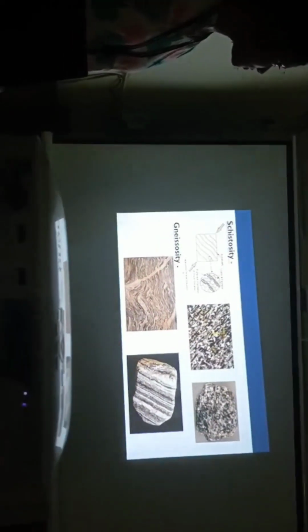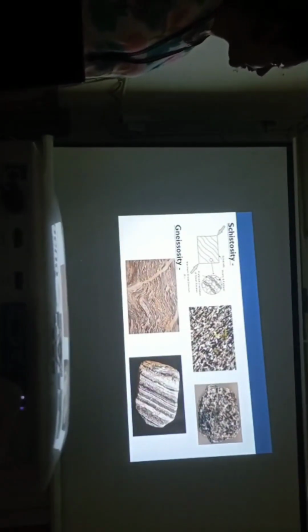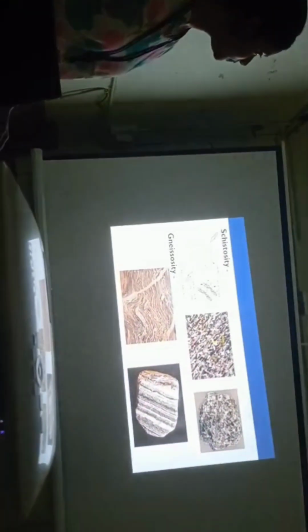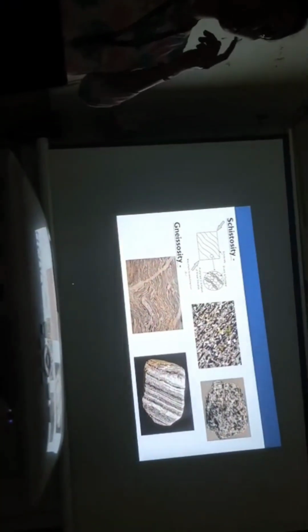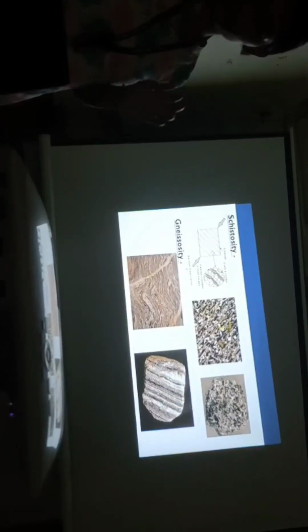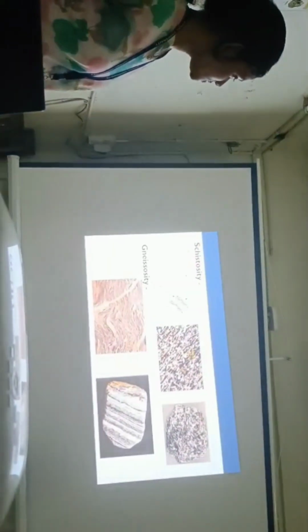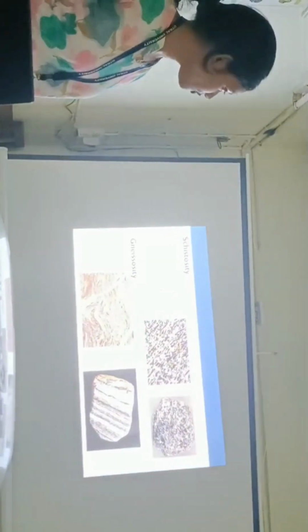Schistosity is generally found in quartz-rich rocks such as quartz schist, sheared granites. The most characteristic outgrowth of this schistosity is the parallel alignment of phyllosilicate minerals such as muscovite, biotite, chlorite. Gneissosity is also found in high-grade metamorphic rocks such as gneiss. Here, the alternating felsic and mafic minerals give the rock a banded appearance.